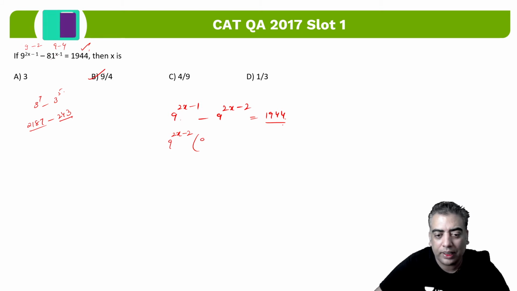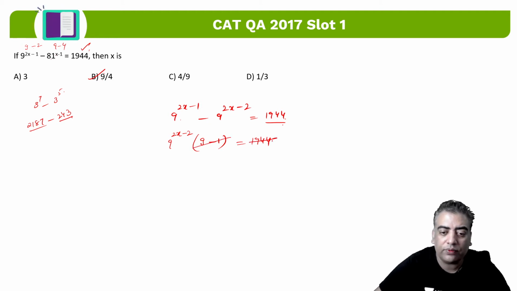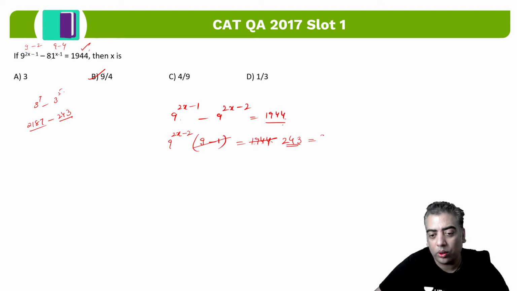So here I will be left with 9 and here minus 1, which is 1944. So 9 minus 1 is 8. 8 for very sure will get cancelled out. Let's see what do we get. So it is 8 to the 16, leftover is 34. 8 4s are 32, leftover is 24, 8 3s are 24, and 243 we all know is 3 raised to